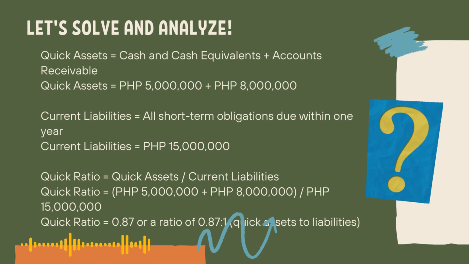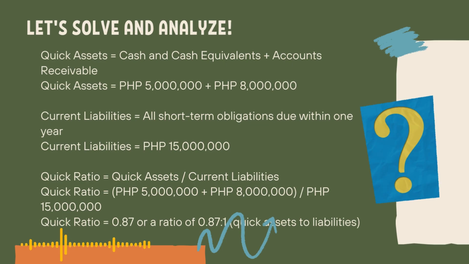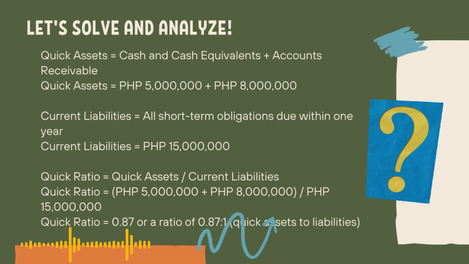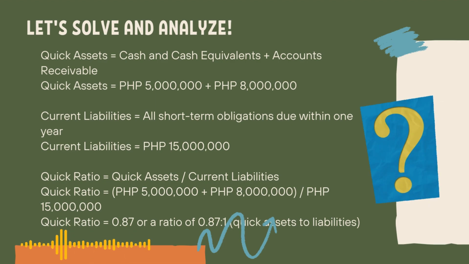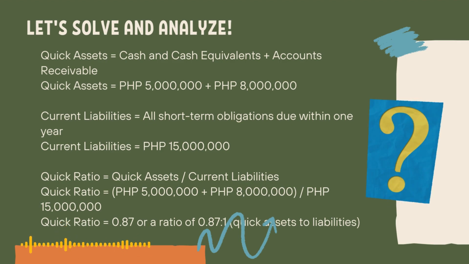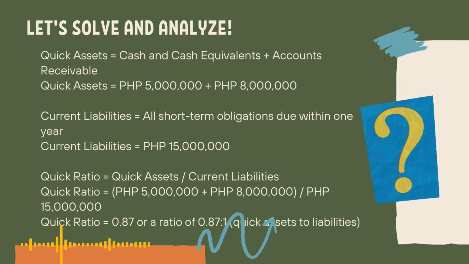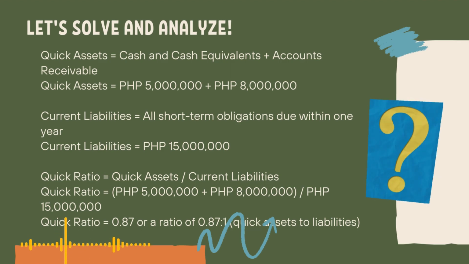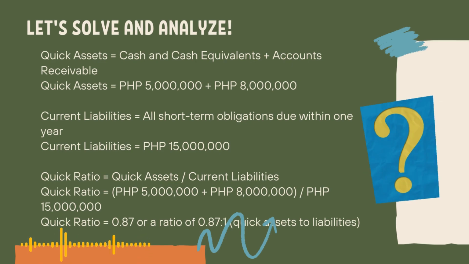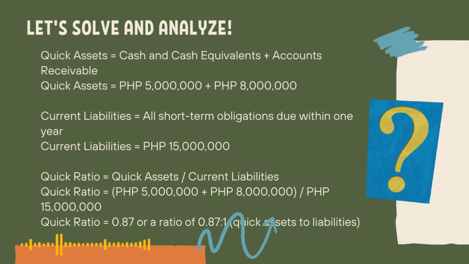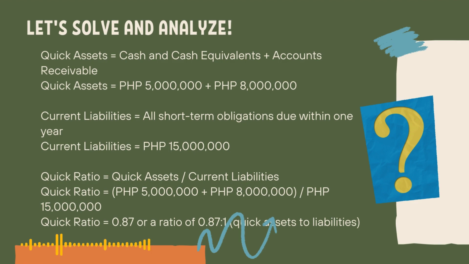This means that Mabuhay Grocery's quick ratio is 0.87, which is slightly below the ideal value of 1. This means that for every 1 peso of current liabilities, Mabuhay Grocery has 0.87 pesos of highly liquid assets that can be quickly converted to cash. So while not immediately alarming, it suggests that the grocery might need to consider strategies to